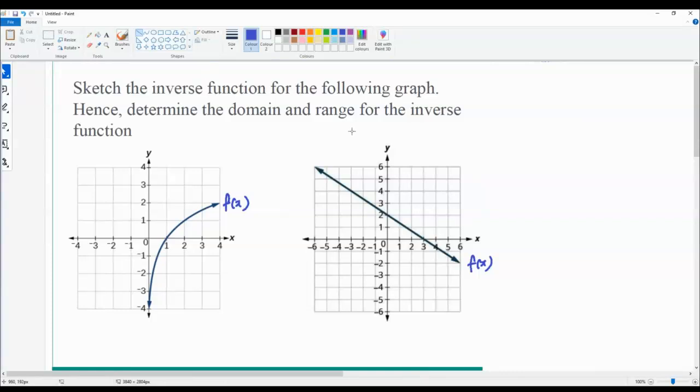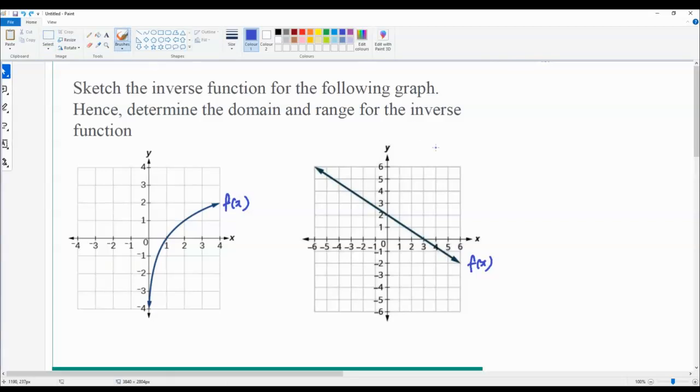Because if I apply horizontal line test, let me make this transparent. If I apply horizontal line test and move up and down, I can see that the intersection of f(x) and my horizontal line is always once, right? So only 1 intersection point if I move up and down. The same for this one, the intersection is always once. So since I know already the inverse exists,